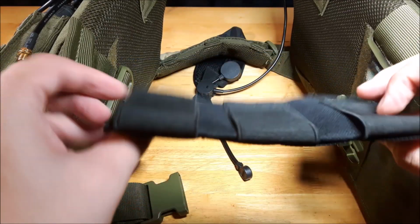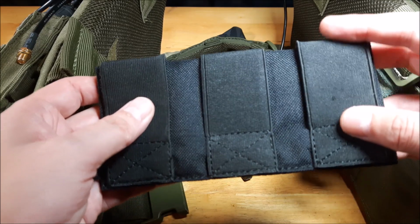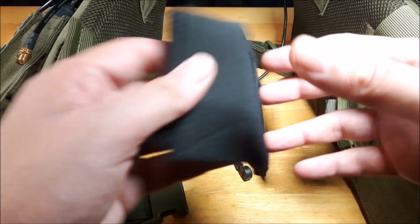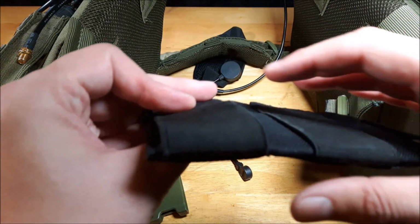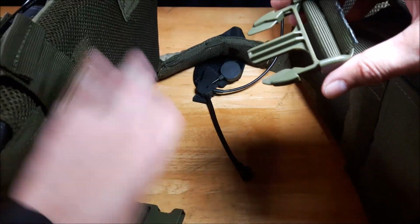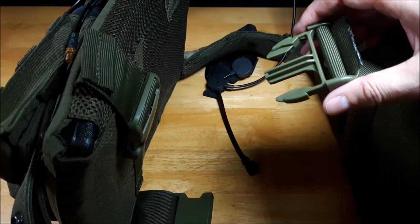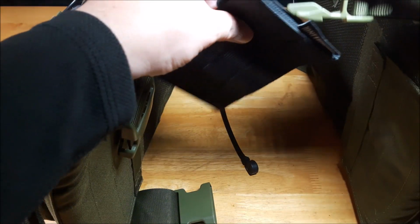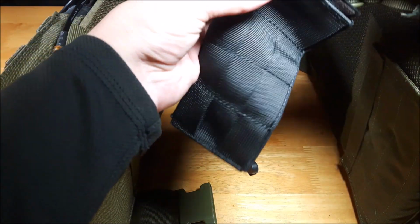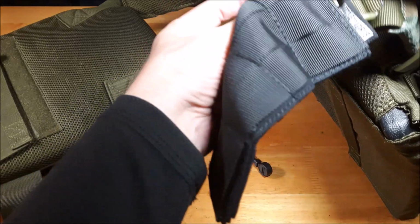Okay, so here's the panel. As mentioned before, this is my favorite one, the one that has the 2-inch with the elastic. And I'm going to show how I put this on. So basically, you have your 2 sides of your strap here, and they clip together. I take the panel and I do this side first because this is the side that's got this forked teeth. It's a little bit harder to put through,